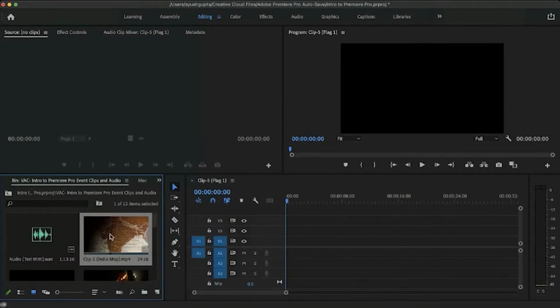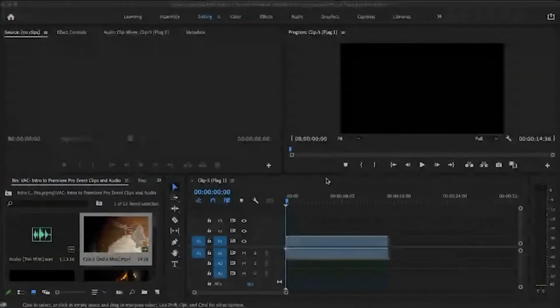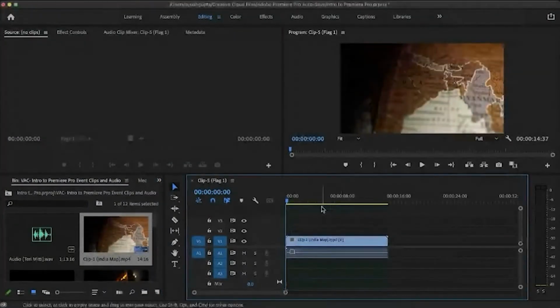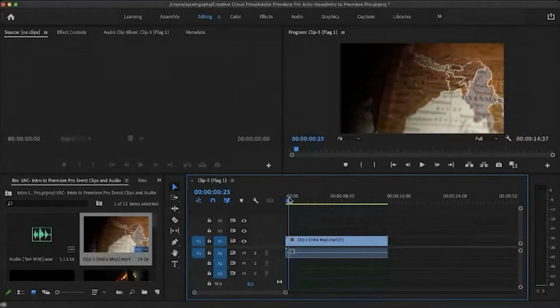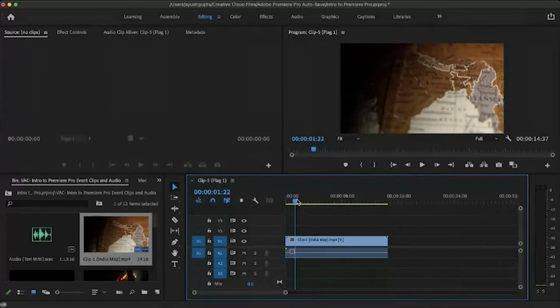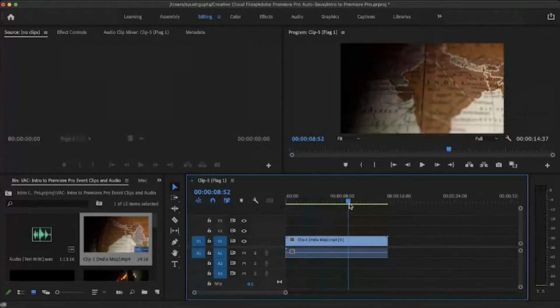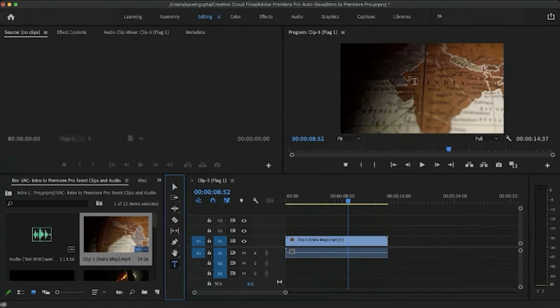So now I'll import this, the first video. It's named clip 1, keep existing settings. So when we deal with this stuff, this will be our first clip. So first we'll start by introducing some text. Here you can see there's a type tool, and just click on it and click on the screen wherever you want to introduce the text.